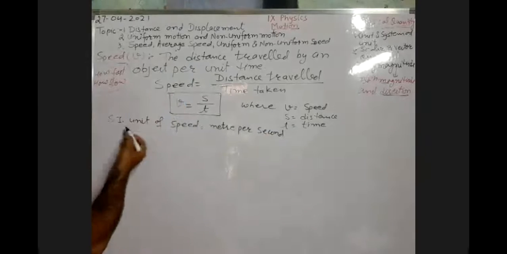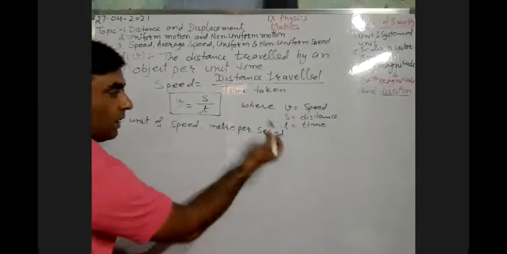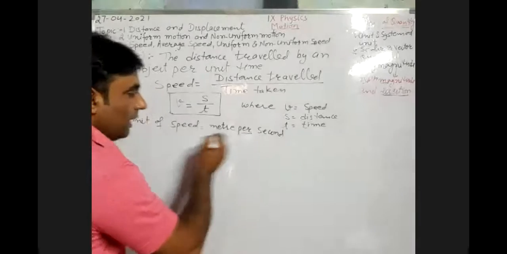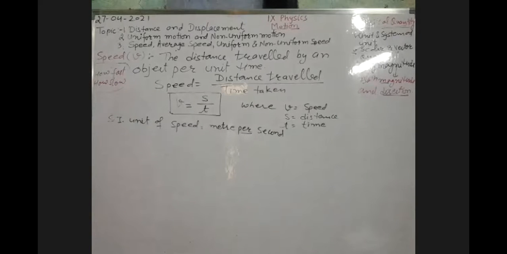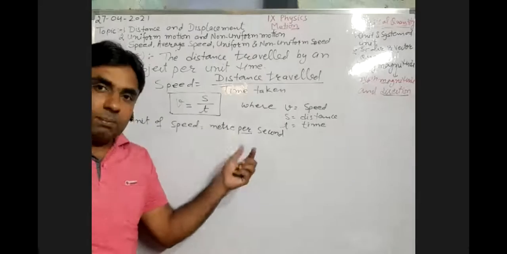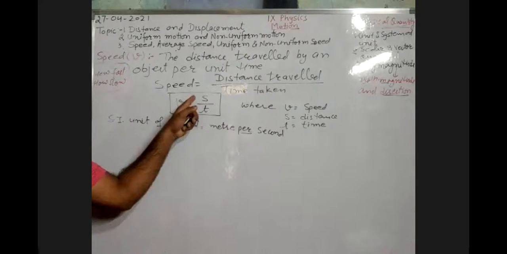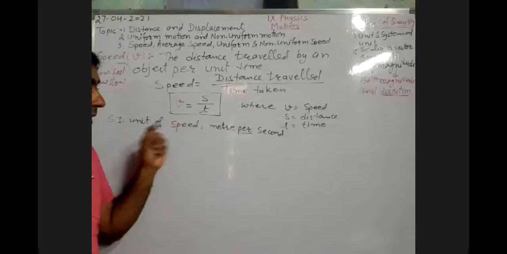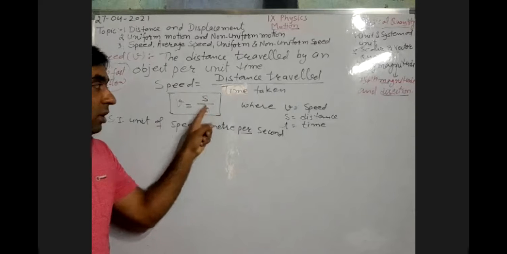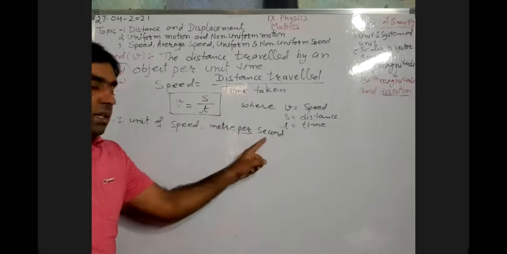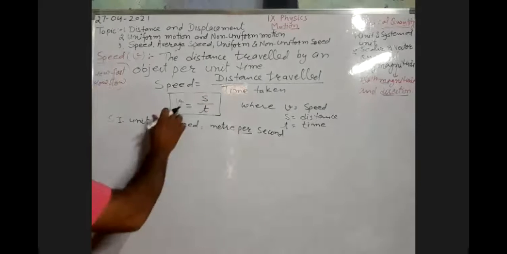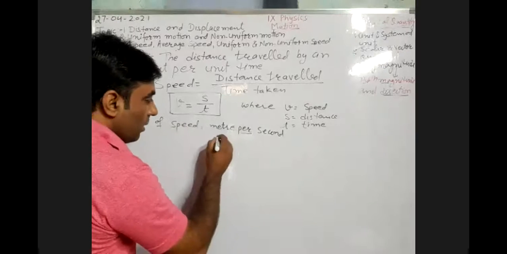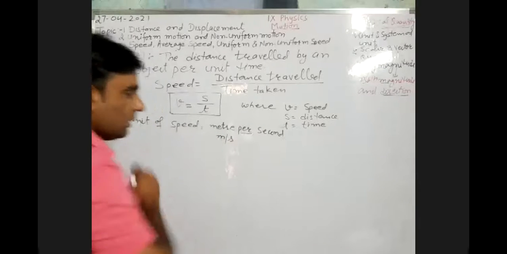So what is the SI unit of speed? Meter per second. Here the meaning of per is divided by. So in physics, per means divided by. So distance divided by time, or distance per unit time, is known as speed. The SI unit of distance is meter, the SI unit of time is second. So what is the SI unit of speed? Meter per second,